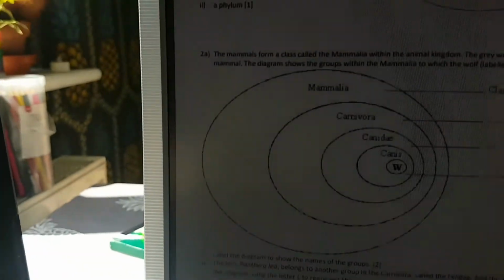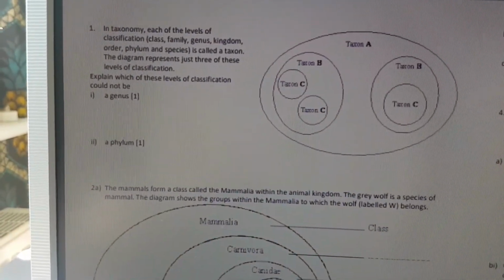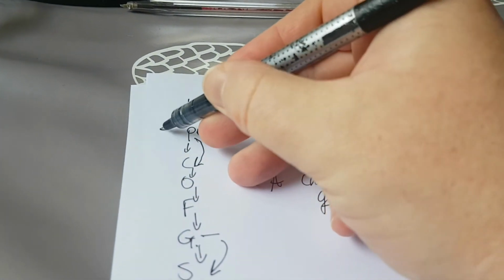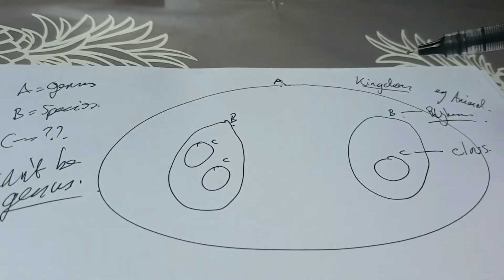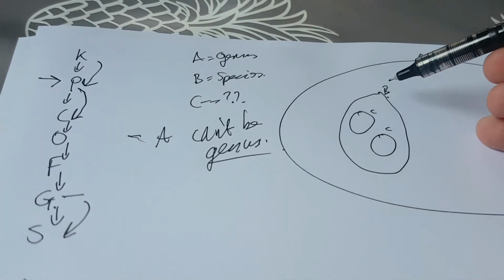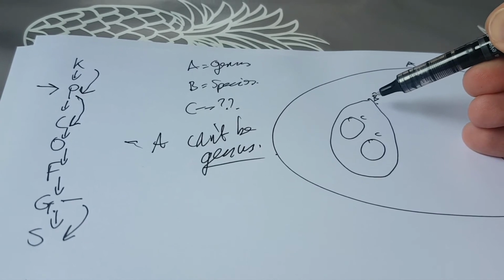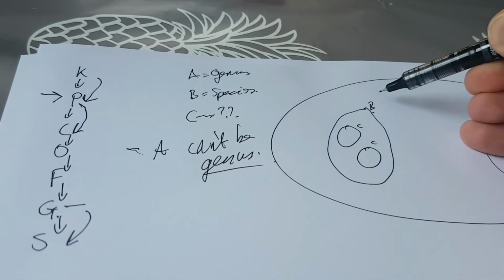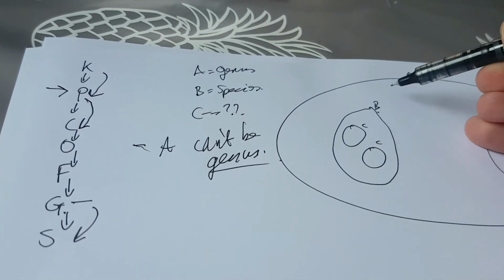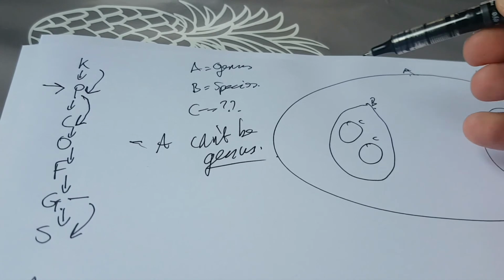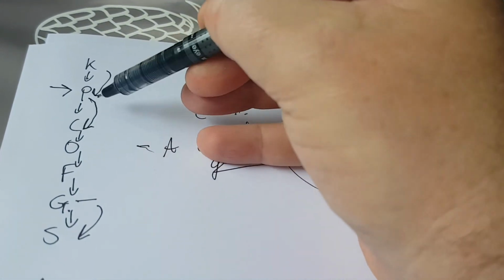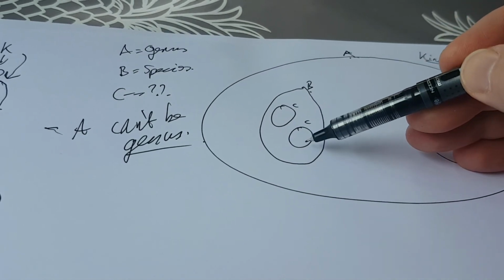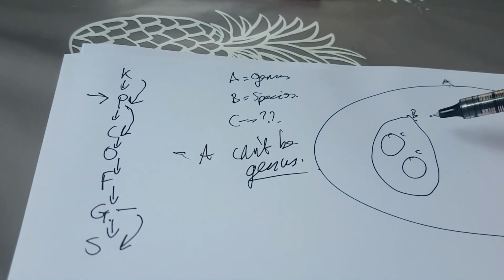Okay. Next question, which one of these levels could not be a phylum? Now, if you look at this one, phylum, K, P, Cough, GS, phylum's at the top. Okay. So the logic is, could B be a phylum? Well, if B was phylum, is there a group bigger than it, i.e. a kingdom? Yes, there is. We can go up to a bigger group, a bigger hierarchy. Could we go down from phylum? Yeah, we can. We could go to class. So if this is kingdom, this is phylum, C would be class. Looking good. So on this